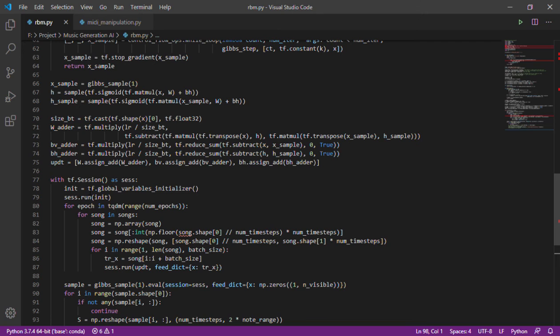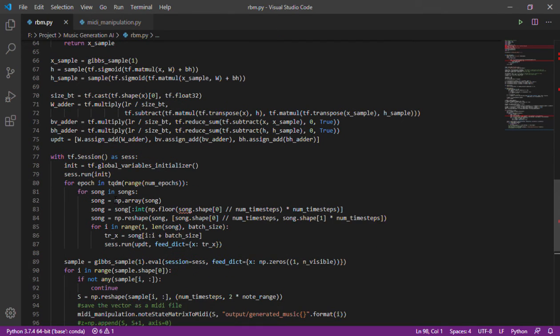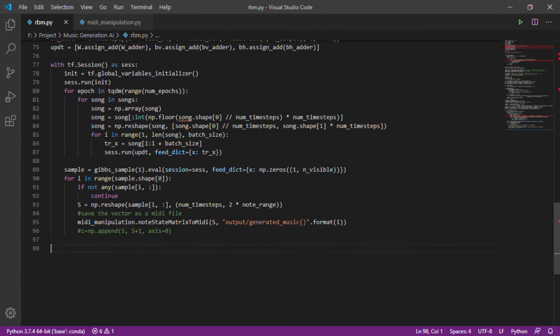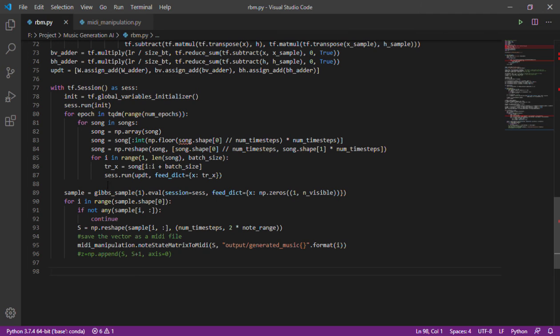Okay, so now let's start the session. We will first initialize the variables of the model. Then we will run our model through the data that we provided, using the number of epochs that I talked about earlier.